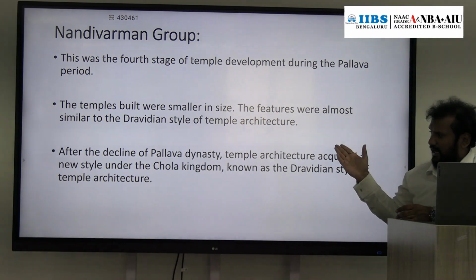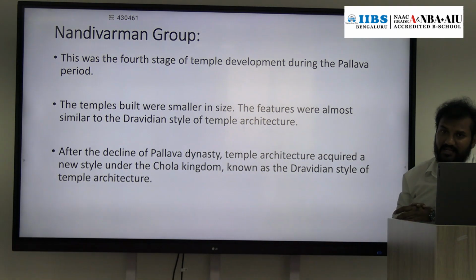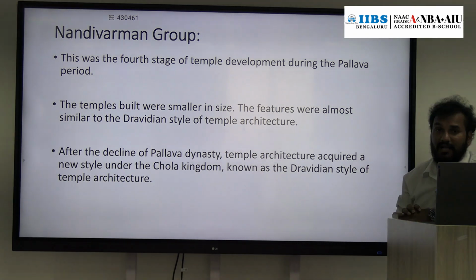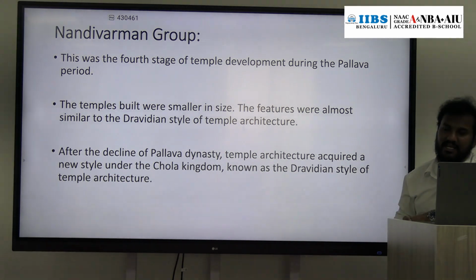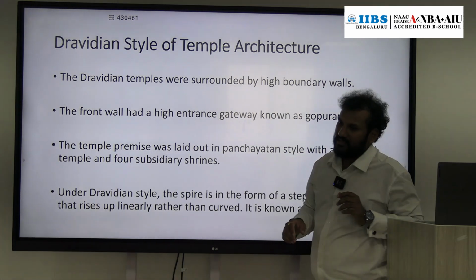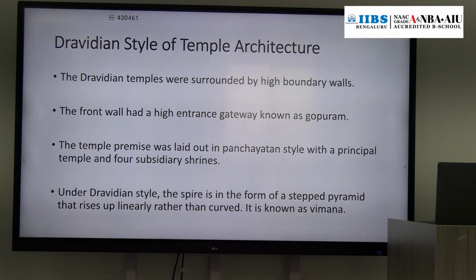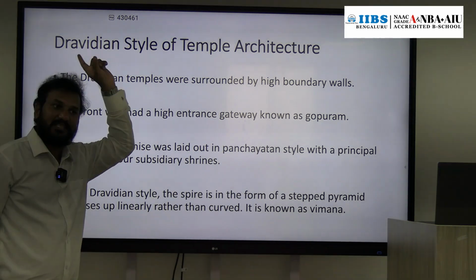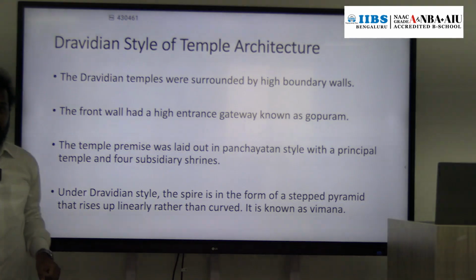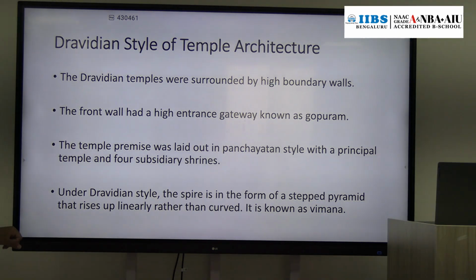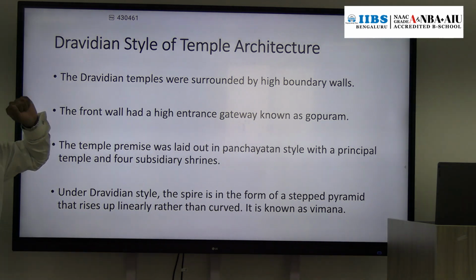And after the decline of the Pallava dynasty, the Chola dynasty came into existence, and they introduced a new style of temple architecture, called the Dravidian style of temple architecture. So now we will discuss the Dravidian style. As I mentioned earlier, Nagara style is in North India, Dravidian style is in South India. Now we will discuss one by one the features of Dravidian style of